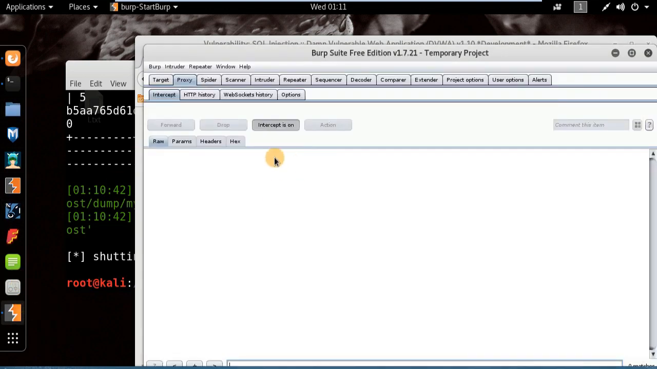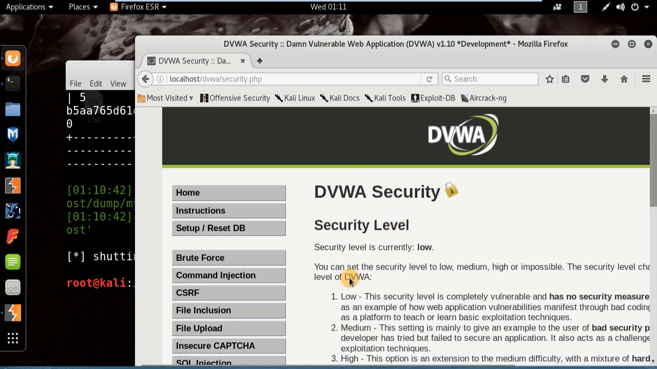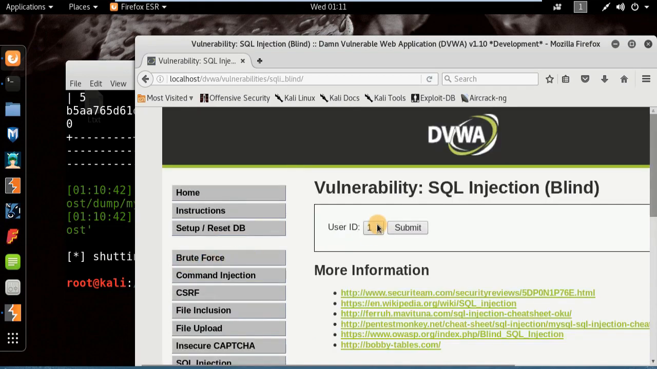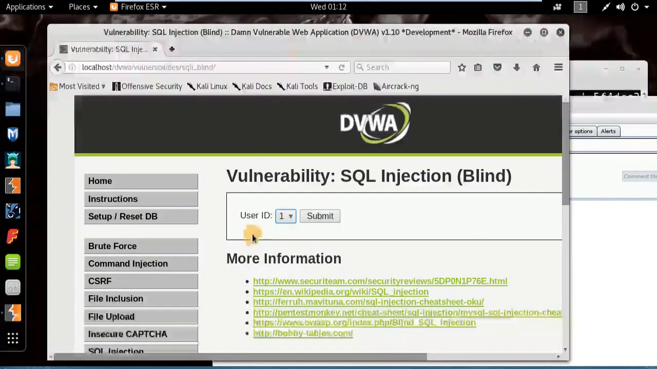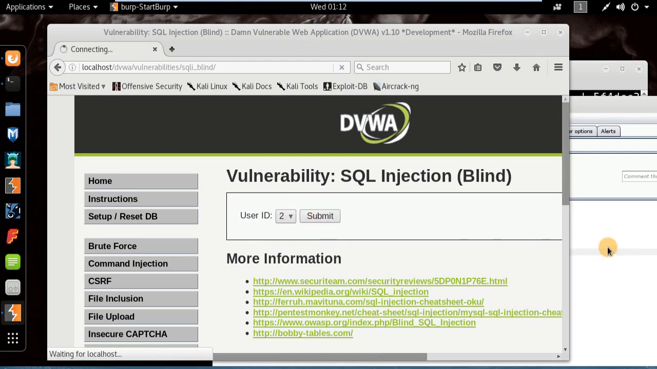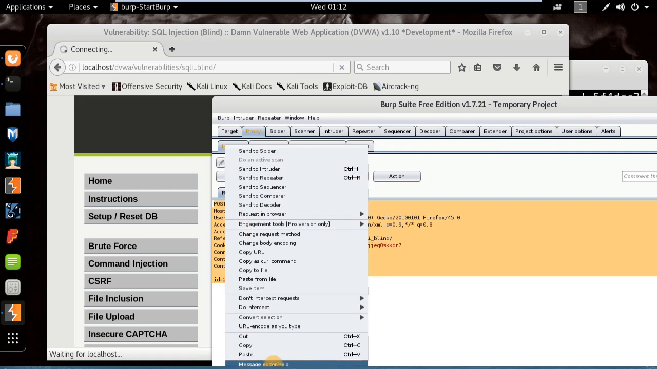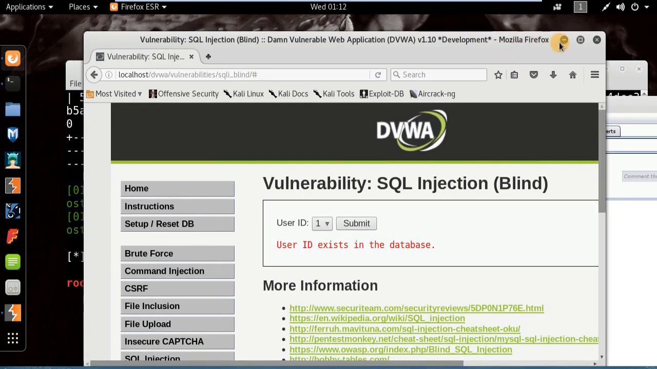Here we also have Burp, intercept on, security medium, submit, and this time let's do this on SQL blind. Here is SQL blind, and now we want to intercept on user ID, let's say 2, submit. We have got the request. Copy everything, forward the request, minimize these things,